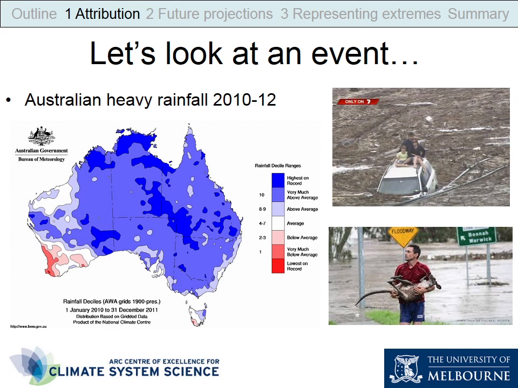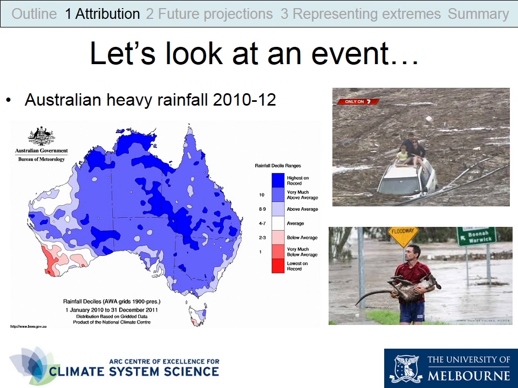And this one is the heavy rainfall that occurred in Australia over the period of around 2010 to 2012. So during this time, rainfall records were broken from daily right through to yearly timescales. It was the wettest 2-year period on record for Eastern Australia, and the preceding decade-long drought was broken, but these heavy rainfall events did result in substantial flooding and eventually loss of life.